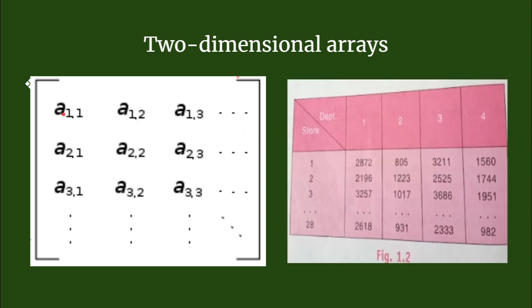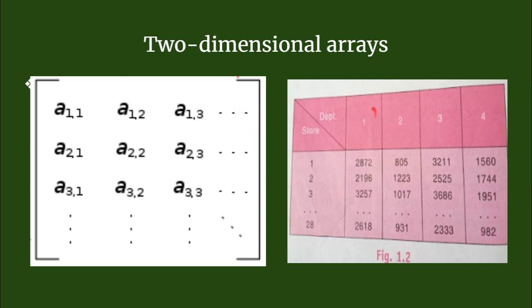We always number the matrix positions as A11, A12, A13, saying first row first column, then first row second column, and so on. Likewise here A21, second row first column, second row second column, and so on. Likewise this matrix has 2 dimensions. So an example is given. This is an example of a table. We also call this a table because it is a 2-dimensional array. We have a row and a column. So the collection of rows and columns is a table.